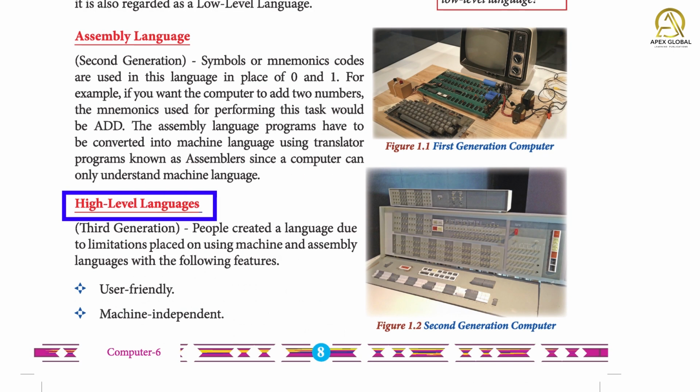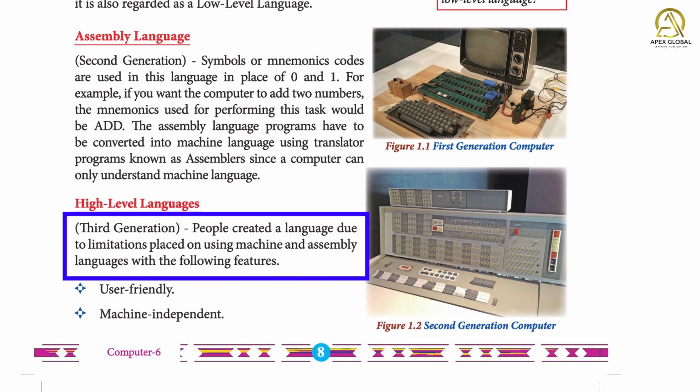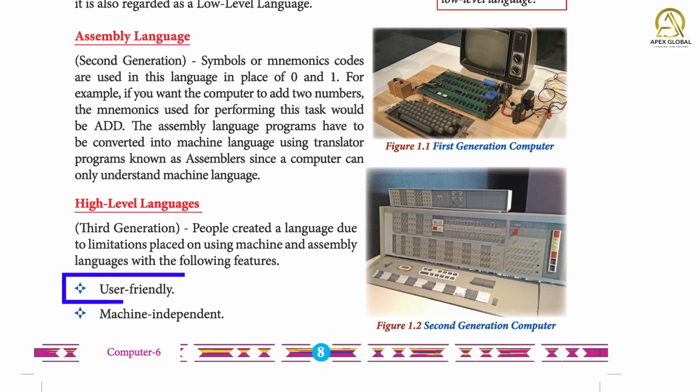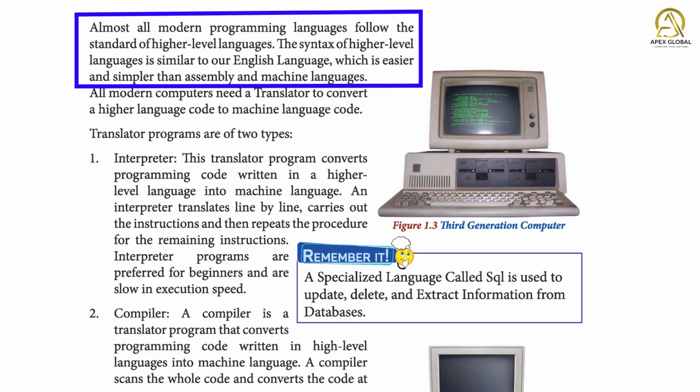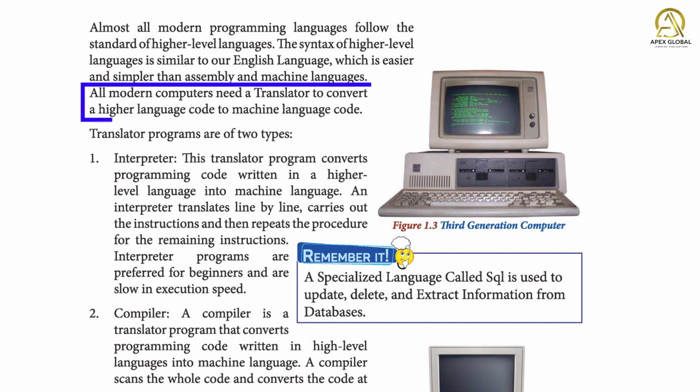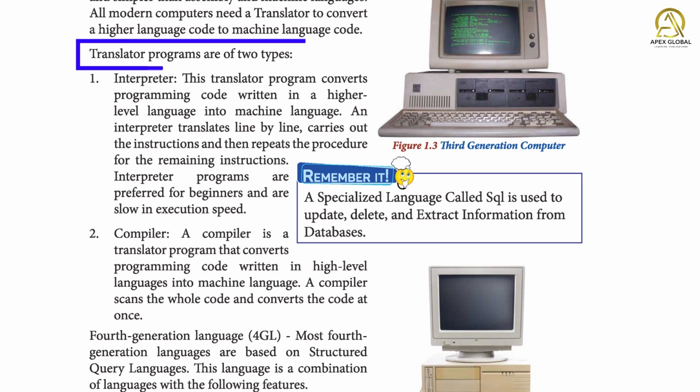High-level language, third generation. People created a language due to limitations placed on using machine and assembly language, with the following features: user-friendly, machine-independent. Almost all modern programming languages follow the standard of high-level languages. The syntax of high-level language is similar to our English language, which is easier and simpler than assembly and machine languages. All modern computers need a translator to convert a high-level code to machine language code. Translator programs are of two types: